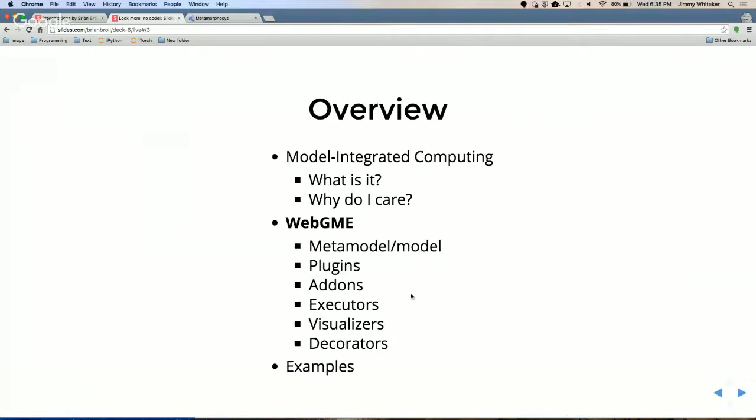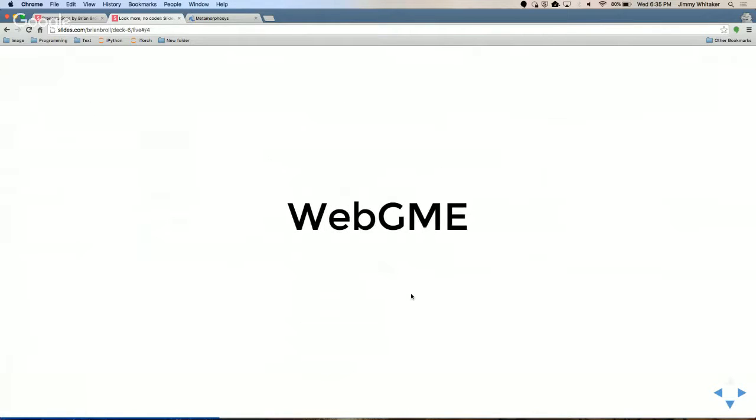Now I'm going to discuss WebGME. Now, I mentioned before that there's this concept of domain-specific modeling languages. So that's the idea that you have some visual programming language, be it boxes and lines, or things connecting to each other, or zoom, or however people want to get creative with D3.